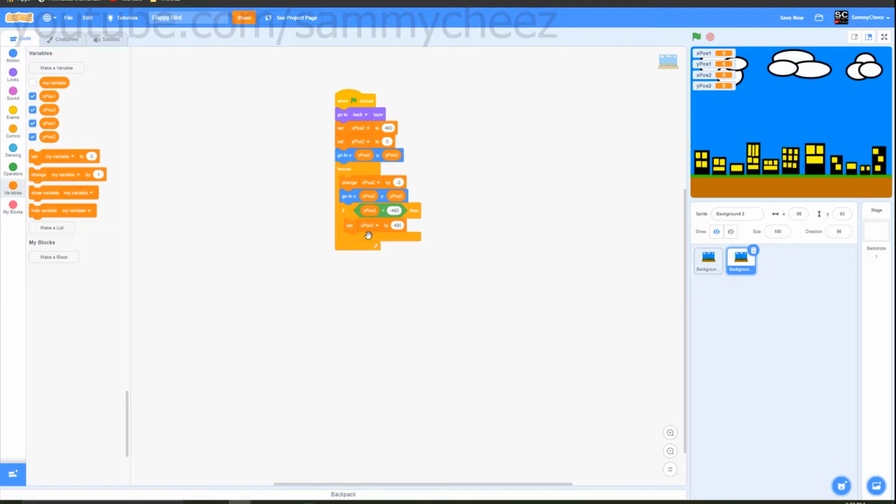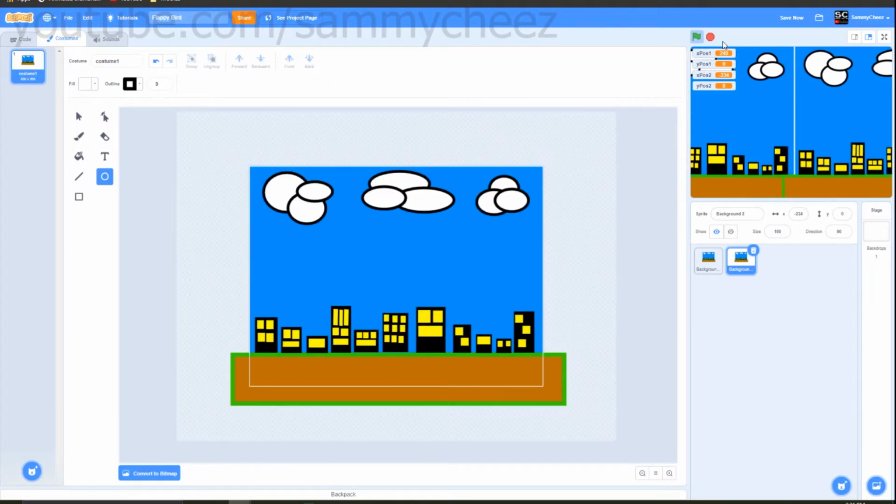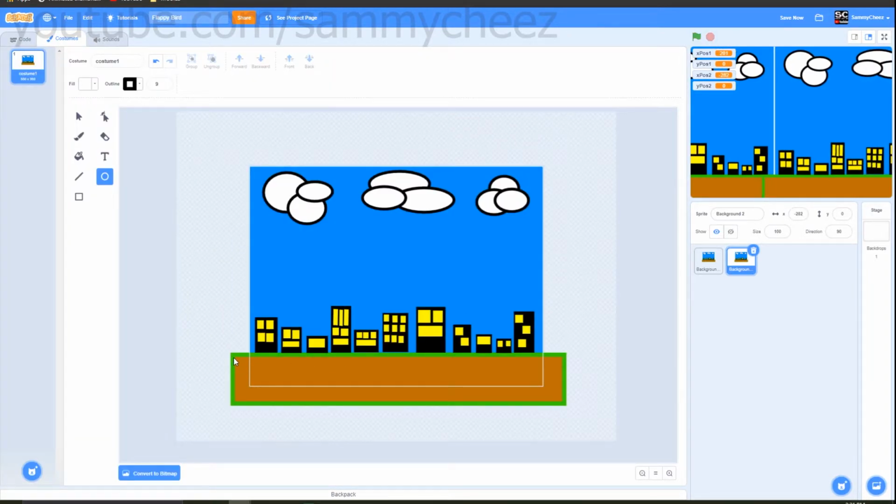Make sure that's the same. Change this to xpos 2. So this is what yours should look like. And if you're wondering how to get rid of the small little white line and this little green line in the middle, all you have to do is go to costumes, stop the project, and you want to change this outline. So click on the original square, change the outline to 0,